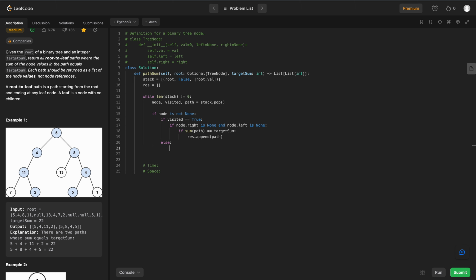Now we can say, all right, we are going to do a pre-order traversal. So we will say stack.append the current working node with the visited status changed to true and just append the path. And then we want to check the right and left sides. So we'll say if node.right is not none, what are we going to do? We are going to say stack.append the node.right child along with an initial visited status of false along with an